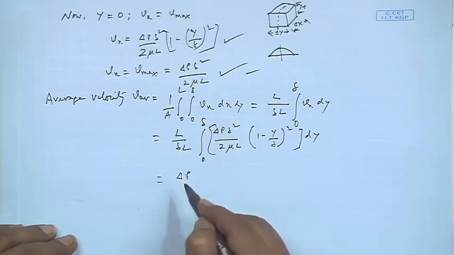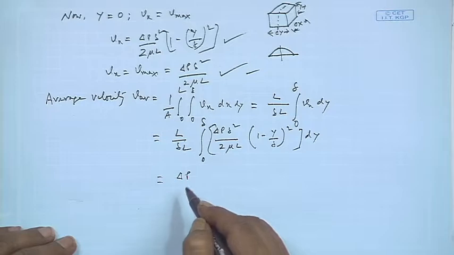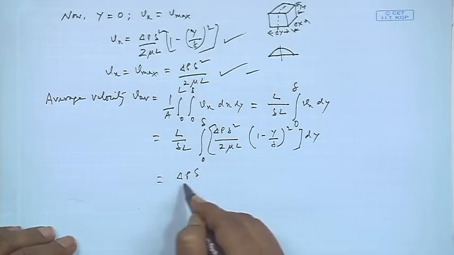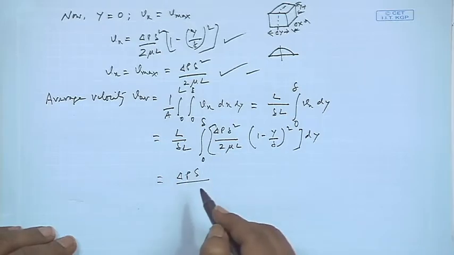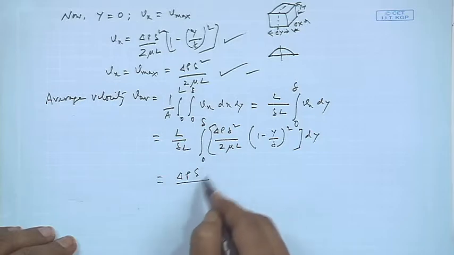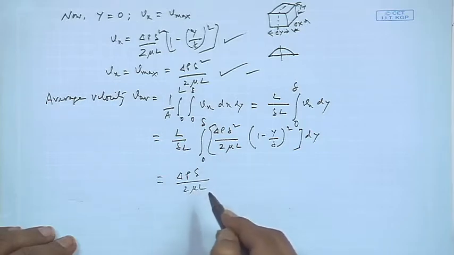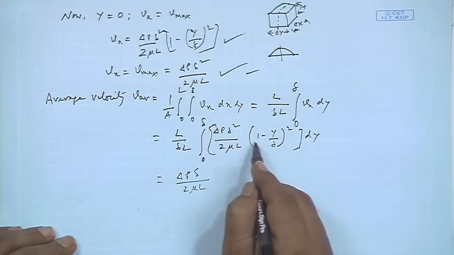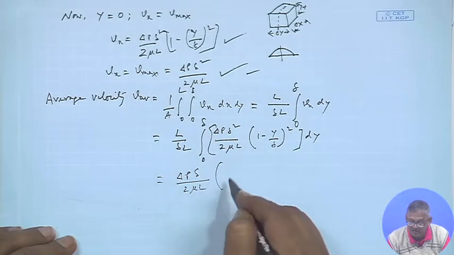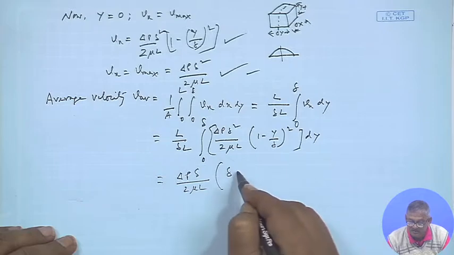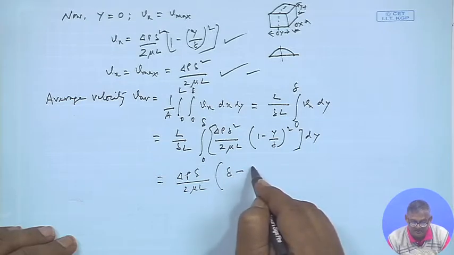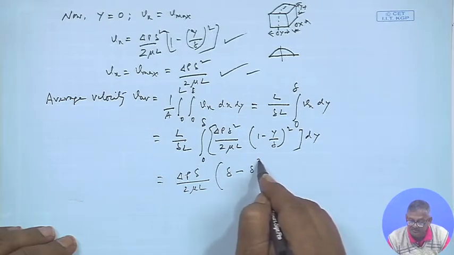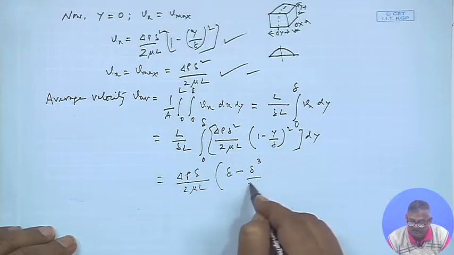So that comes out delta p into del by L goes out 2 mu L, this comes there, and on integration dy is y, putting the limit is del minus this becomes del cube by 3